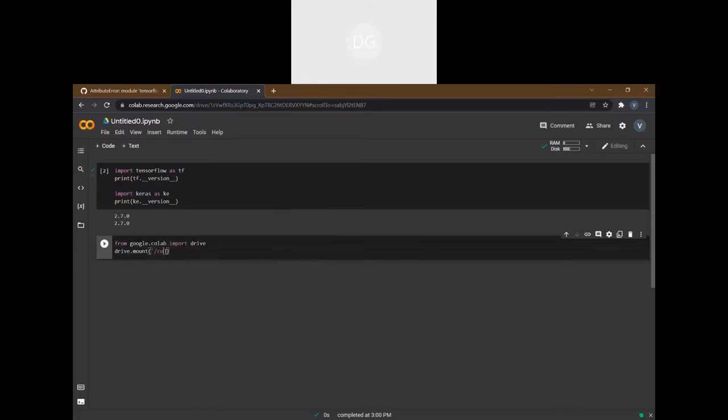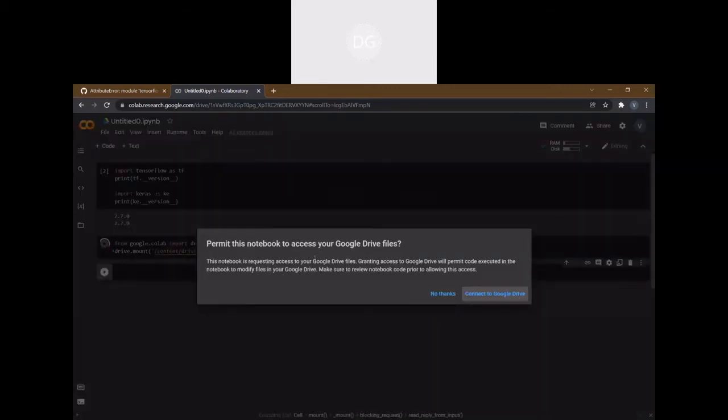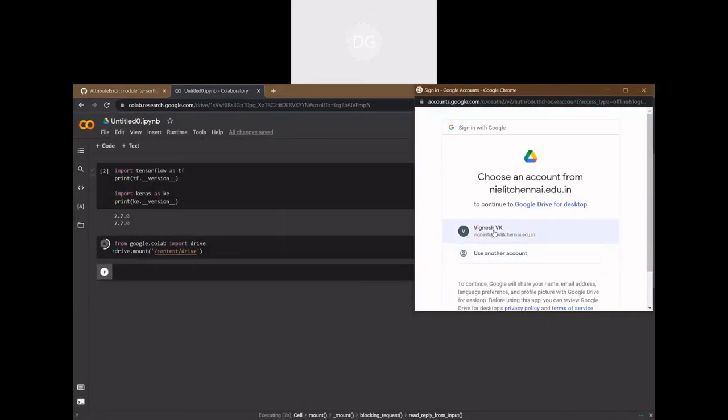Then content, this is the default path, which is the same for everyone. If I run this, see, it is asking for permission to connect to Google Drive. So if I click connect, it will redirect you to the